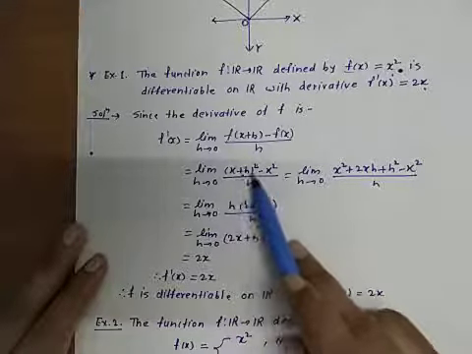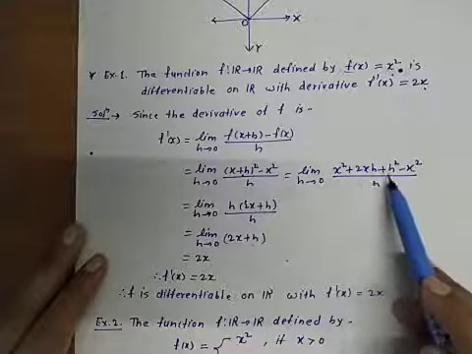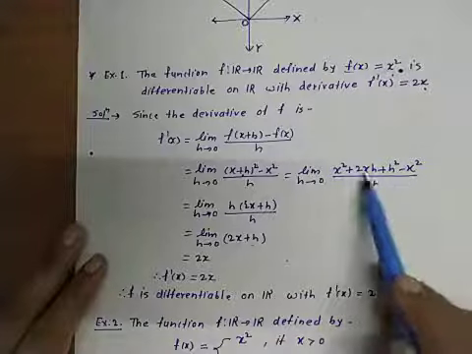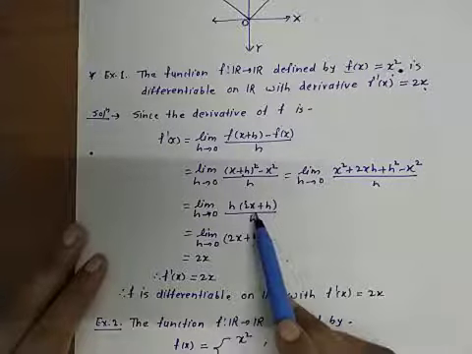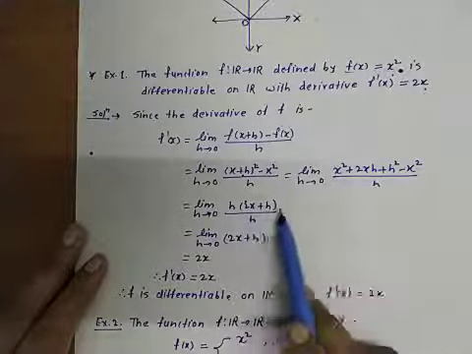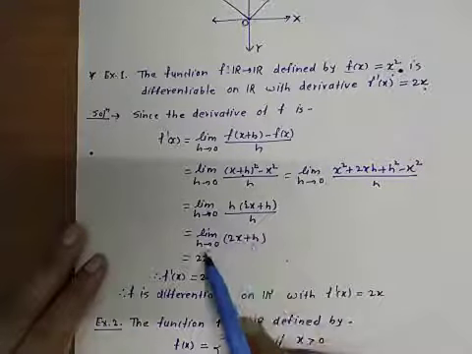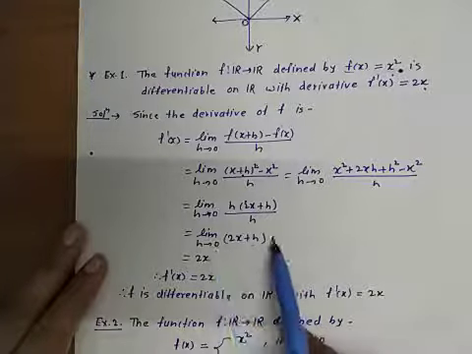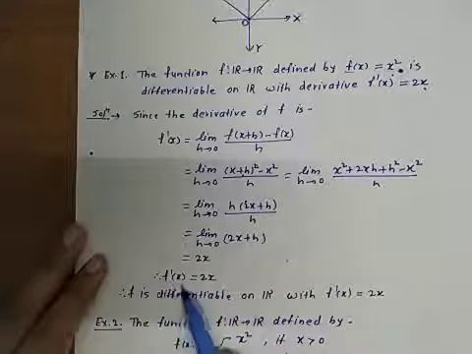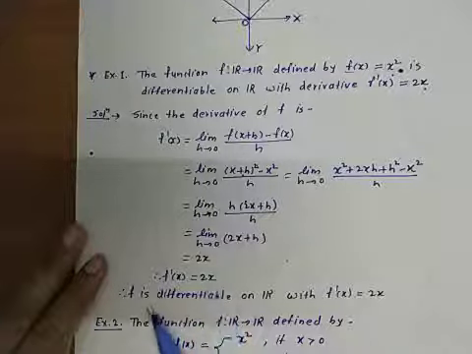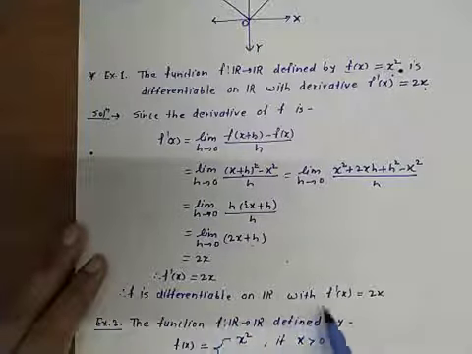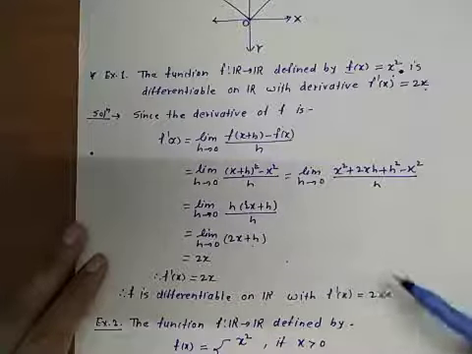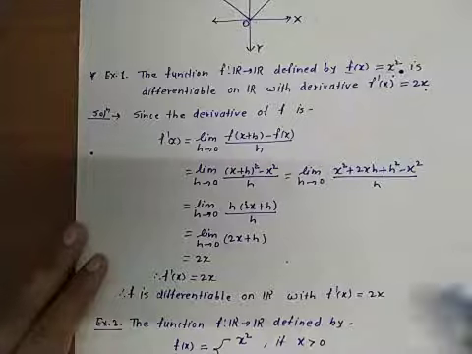Let us expand (x plus h) whole square, that is x square plus 2xh plus h square minus x square upon h. X square will get cancelled, and from the remaining two terms we can take h common. So in bracket there will be 2x plus h, upon h. H will get cancelled. What we get? Limit h tends to 0 of 2x plus h. After applying the limit, as h tends to 0, we get 2x. Okay. So f dash of x is equal to 2x. Means we can say f is differentiable on R with f dash of x equal to 2x. By formula, we know the derivative of x square is 2x, and we proved it by definition.